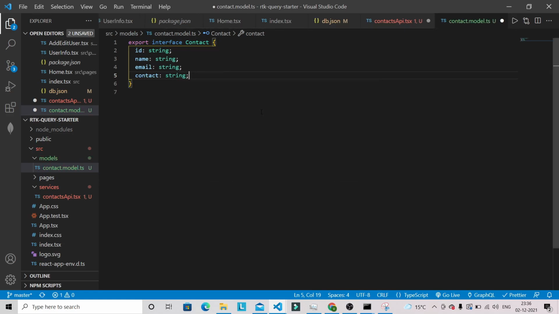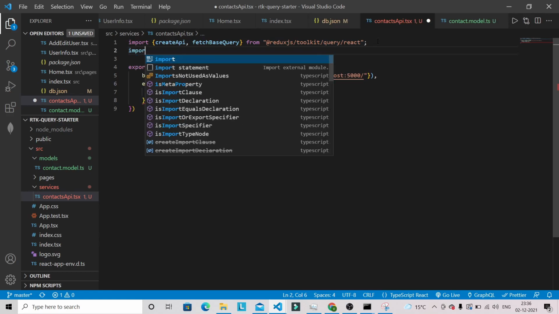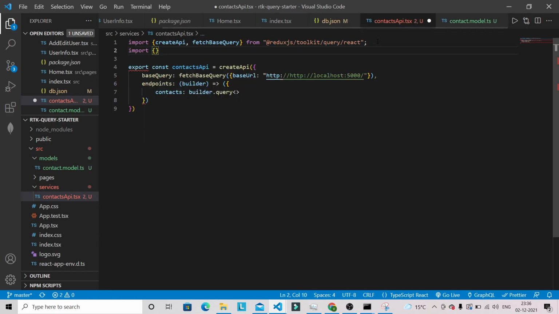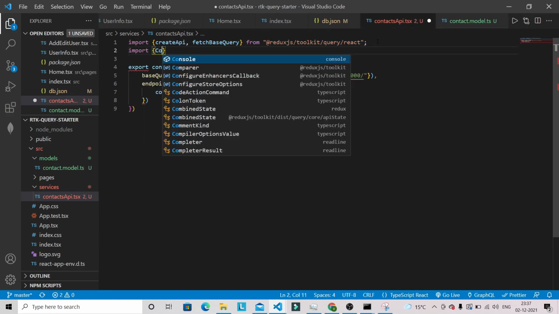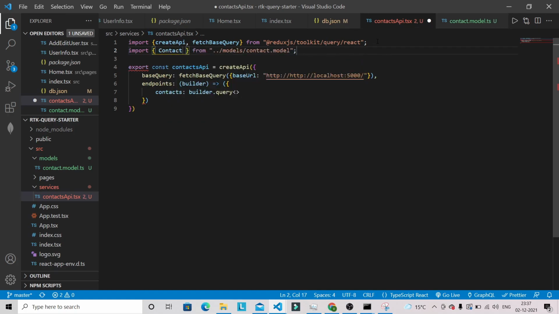Okay. And let's bring this interface contact in our contacts API. So we can import this contact interface, okay. So you can see that it's imported, and we can pass this interface here inside this query, okay.